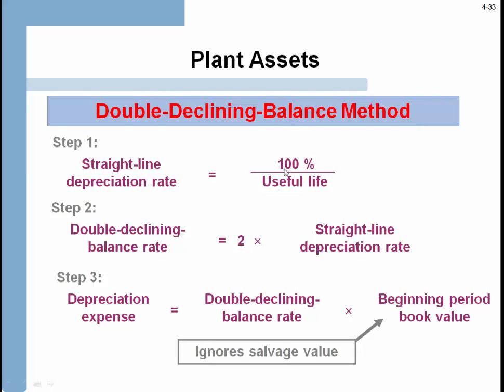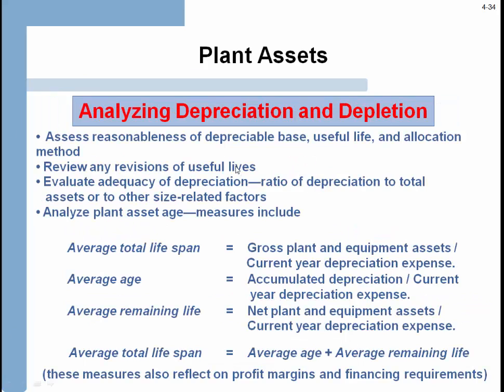But you could do, and then here's a double declining balance. And you notice the double declining balance, which would be an accelerated method, ignores the book value. So you can see the formula here. This is the same formula you see in your books. And then you have depletion. Depletion is basically going to use different categories. But the biggest thing is, what do you have in the remaining life? And you want to look at that to get an idea of how old the